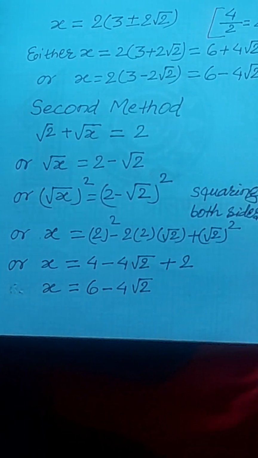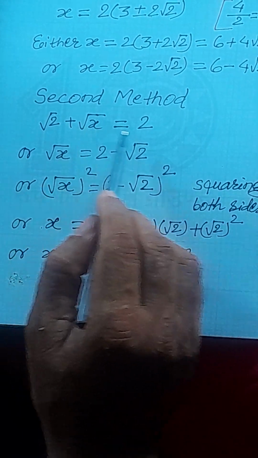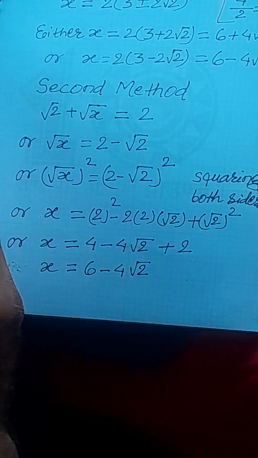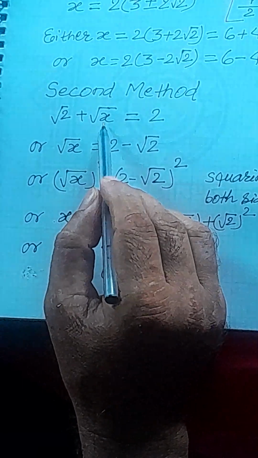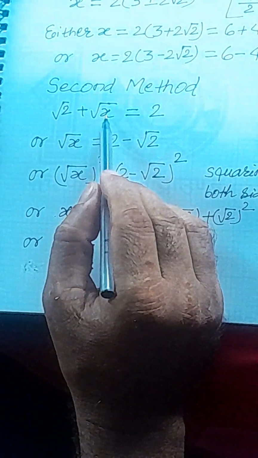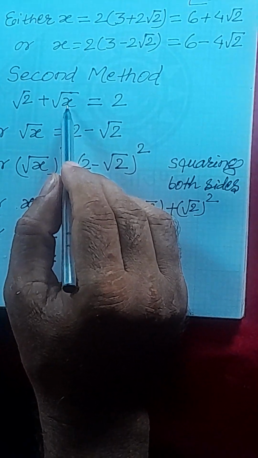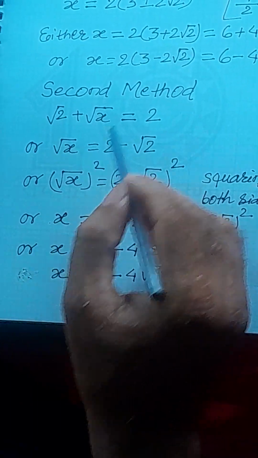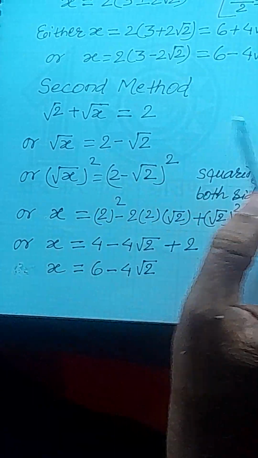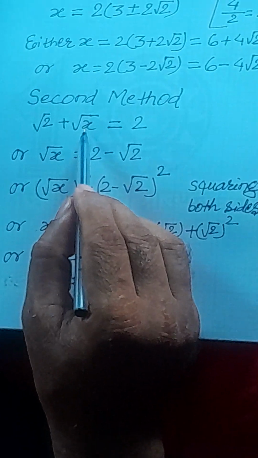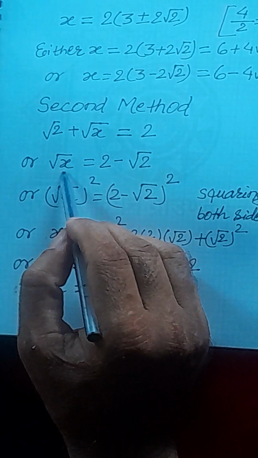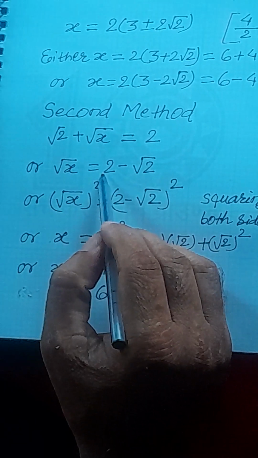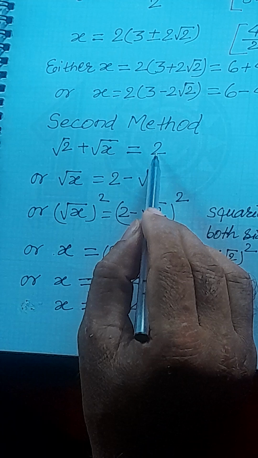So what is our question? Root 2 plus root x equal to 2. That is our question. Now we need the value of x. That's why the term related to x should be written on the left hand side, and all other terms should be written on the right hand side. So there is a single term related to x, that is root x. It is written on the left hand side, and the others on the right hand side, that is here 2,